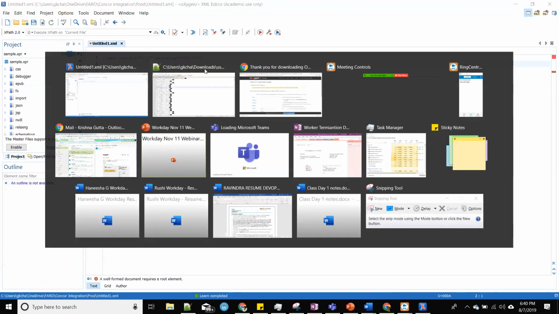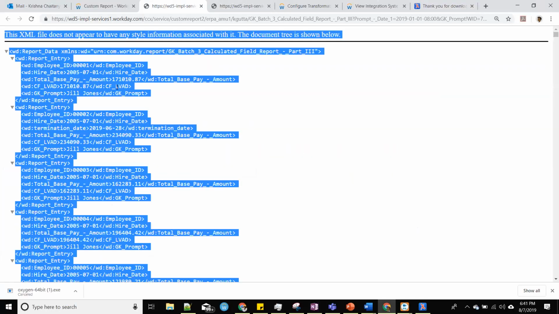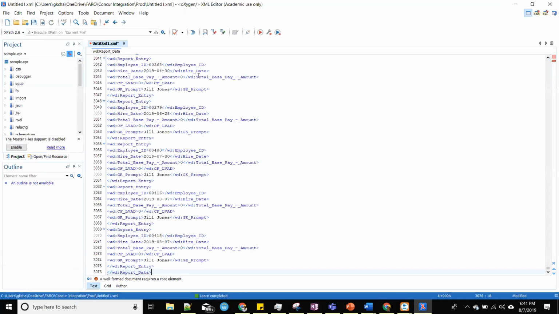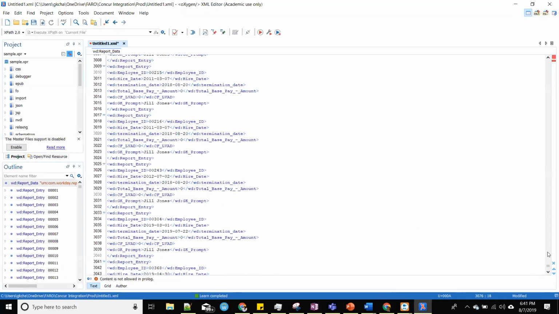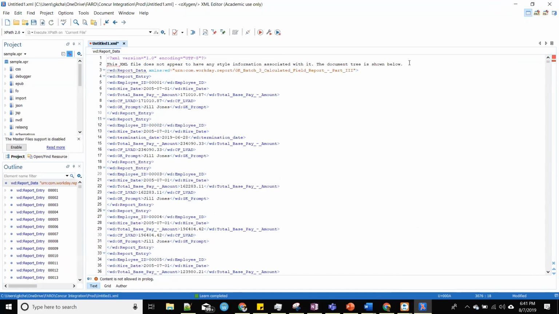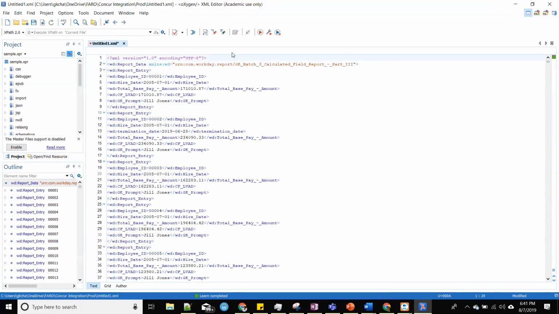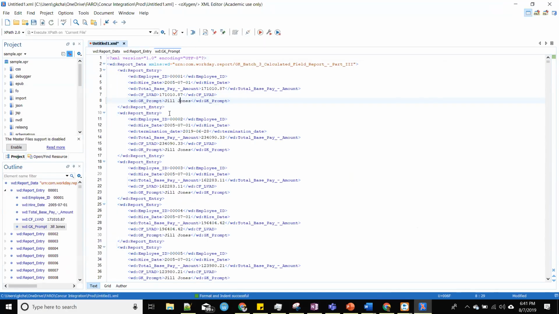In this XML, I'm going to get everything from my simple XML. I'm going to copy everything, Control C, paste it. I scroll up. This line is not an XML line, this is just a text field out there. The rest of the thing is fine. I'm going to just format and indent everything here. So this click will organize it